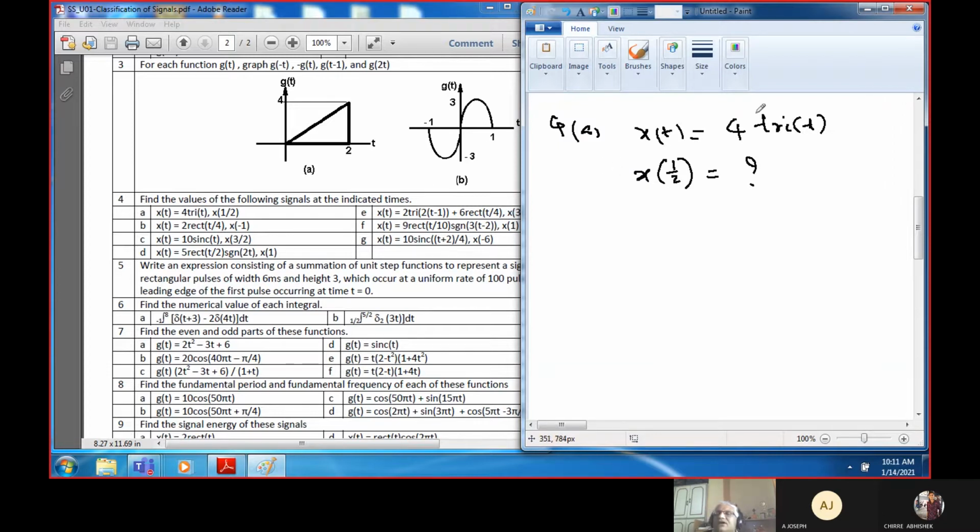Sometimes in the examination, what happens, you will get problems like this. Now, in this type of problem, you have to know what is tri of t. So this looks something different, something new. Okay, somebody is telling, go to Taj Mahal.